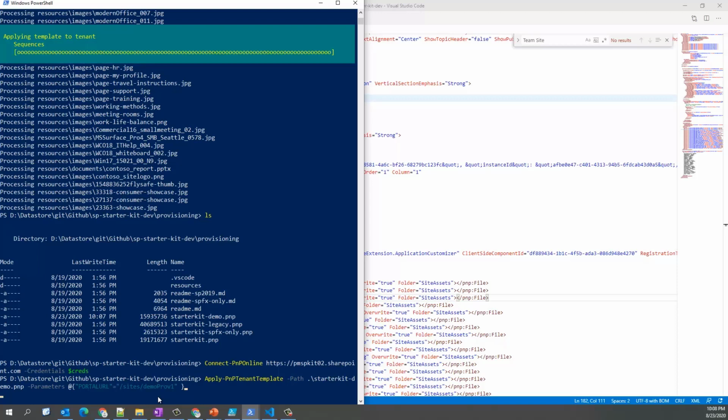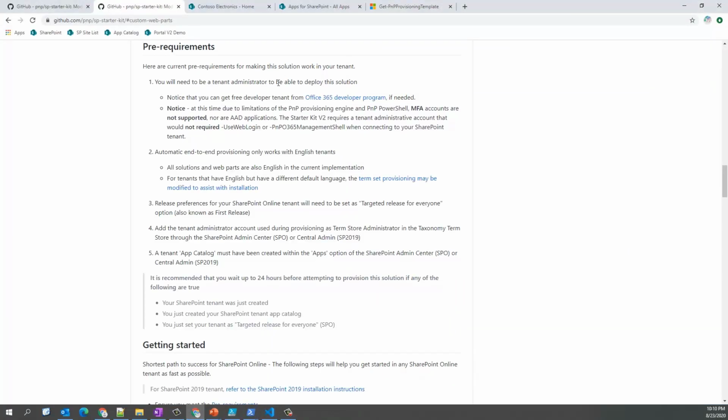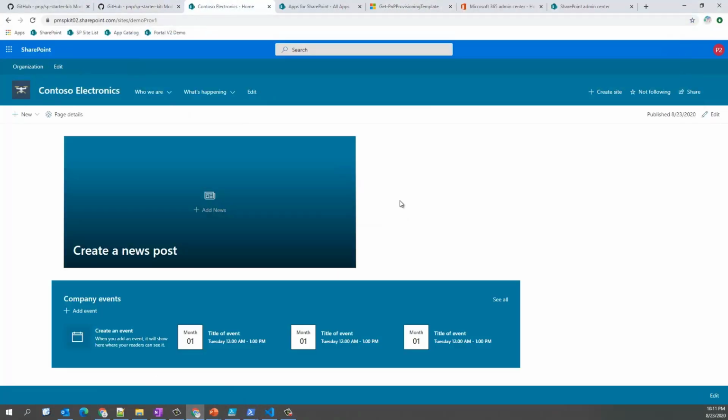So this is going to slowly provision here. All right, and so that is done. So let's take this URL and load it up. There we go. Okay, so now that the site has loaded up, we can see that it's very similar to what